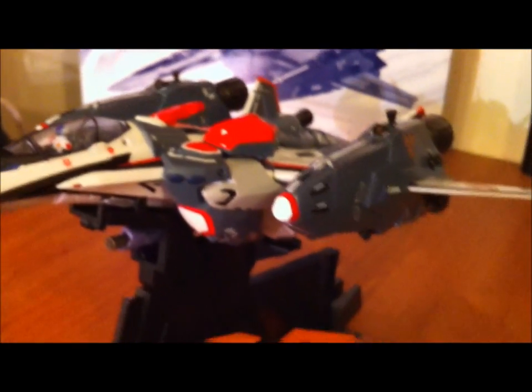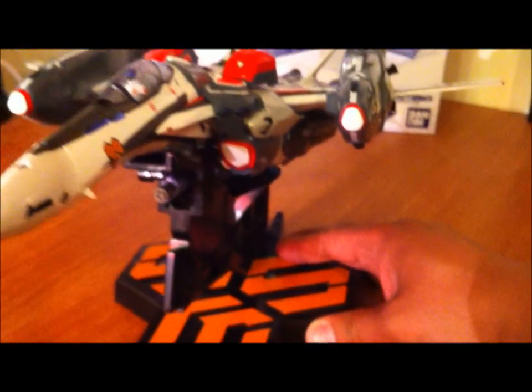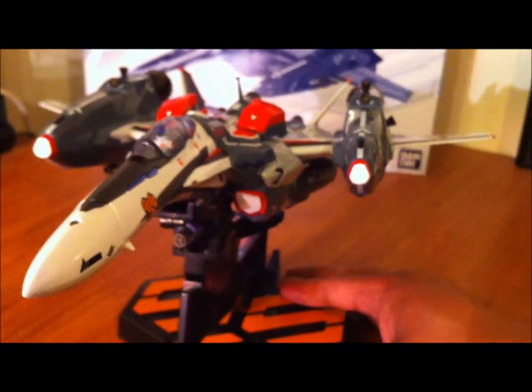And this is Bandai's DX VF-25F super parts for Alto Saotome's